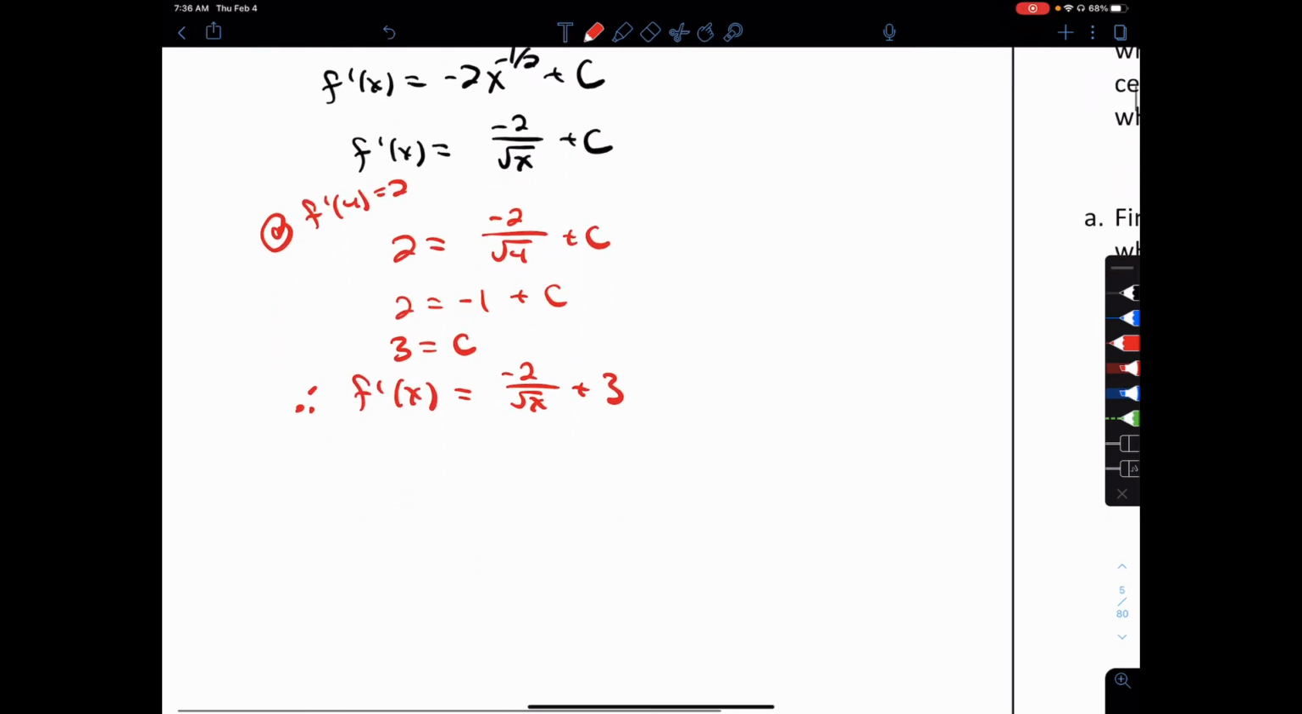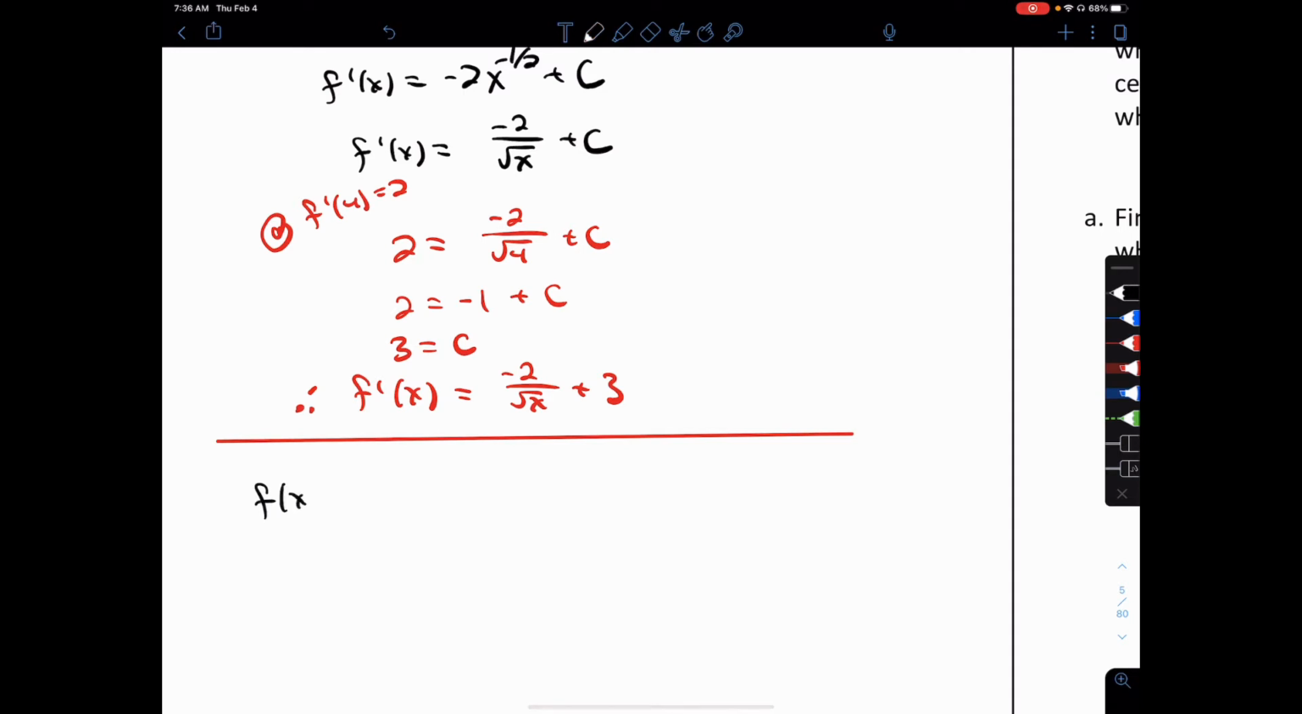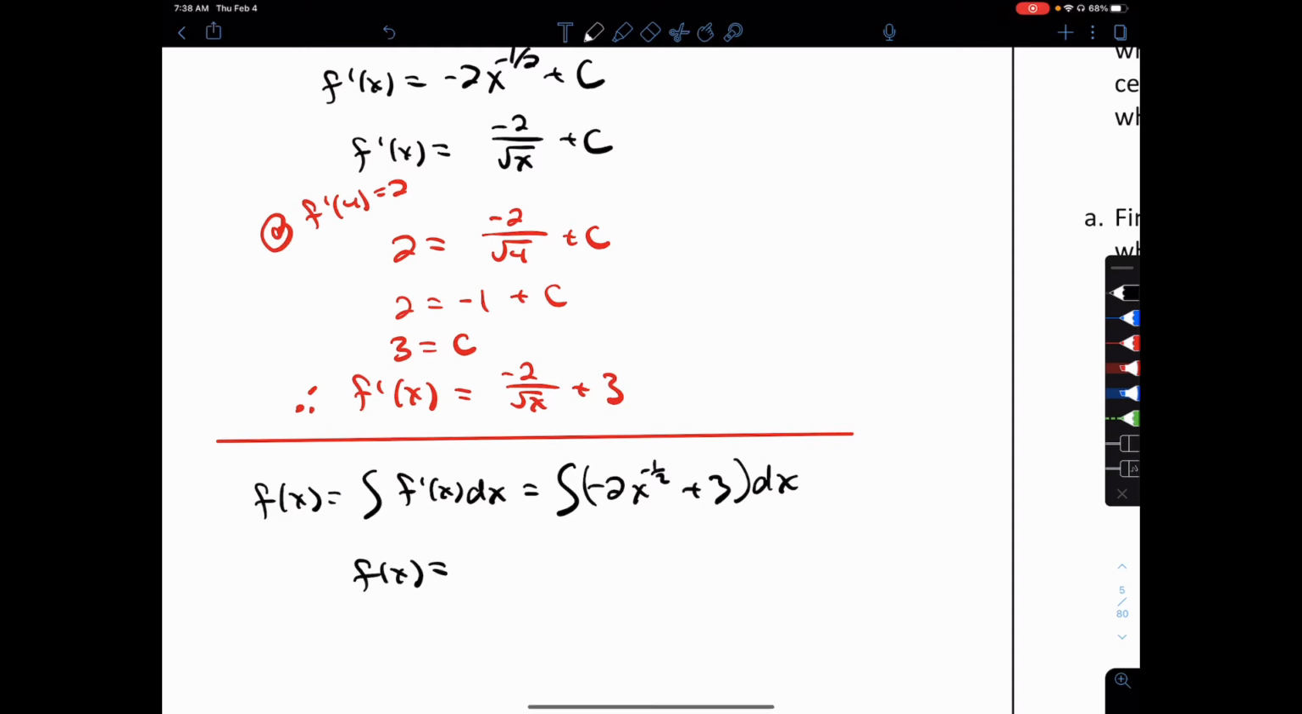So now I need to integrate that to figure out what f is. f of x is going to be the integral of f prime of x with respect to x. Have this written in an easier form to integrate. So it's negative 2 times x to the negative 1/2 plus 3. More than one term, you got to put it in parentheses. So f of x is going to equal